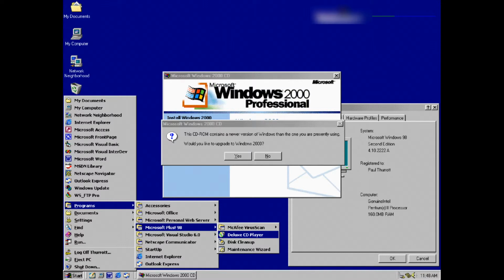Now we are up to Windows 2000. Windows 2000 was released in the year 2000. It was based on Windows NT 4.0, and it was actually made to replace Windows 95, Windows 98, and Windows NT 4.0. And it was made for consumers, like normal daily people, and for work people, of course. So now comes